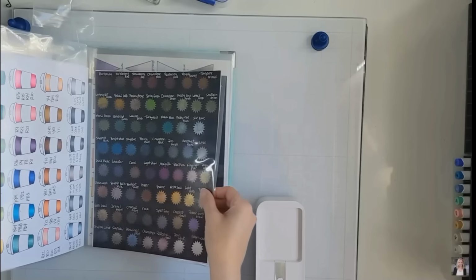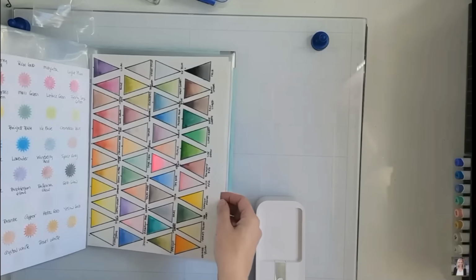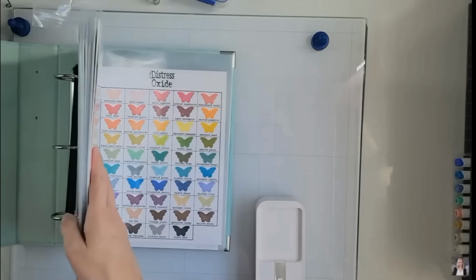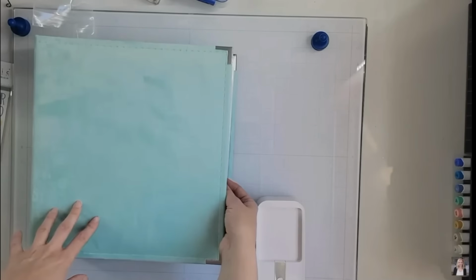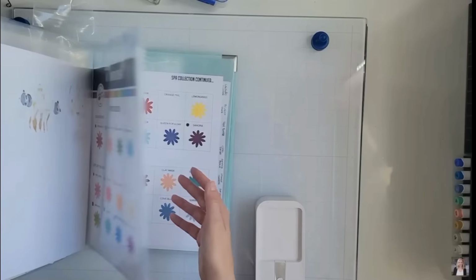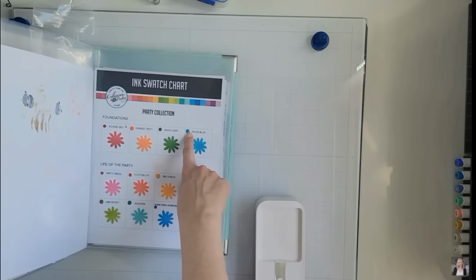This is how I store my swatches. I use a 9x12 album or binder, and you put them all in page protectors, and I just keep them, label them, and it's all right there. I can grab one binder. It will fit so much. This particular binder is huge,